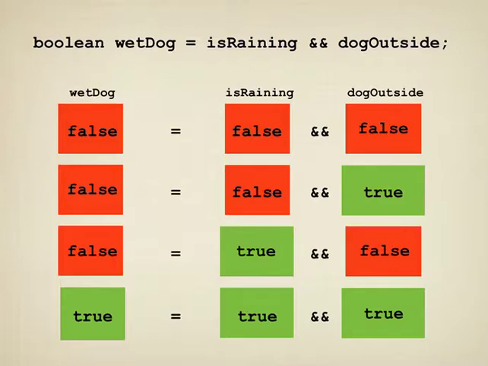Where would we use this? Well, it turns out all the time. But for example, in our early game where I said we get extra points if we're in both rectangles, well, this would be a perfect place for that. If I'm in rectangle 1 and I'm in rectangle 2, I get double points. That wraps up the and test. In part 2, we'll continue the discussion and look at the or